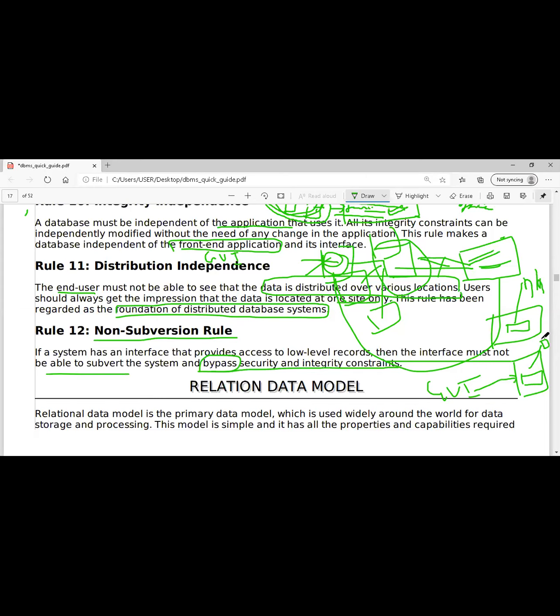Okay. Now together two databases have been stored somewhere in one table. This will only be known to the admin or the programmer who developed this. But for you, this is one database, but the programmer knows that all of this has been combined somewhere. Now, if a person knows this particular address, then he will destroy everything. So you are bypassing the security. This should not be done. So that is the non-subversion rule.